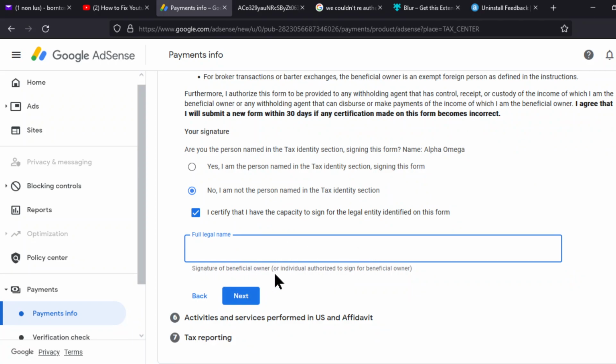Signed of the beneficiary owner, on the beneficiary of the rights to sign as beneficiary. It's too complicated. Because if it's a child that doesn't have all these things yet, he or she can do it. The parents can do it for them. So I don't know what they mean here now.